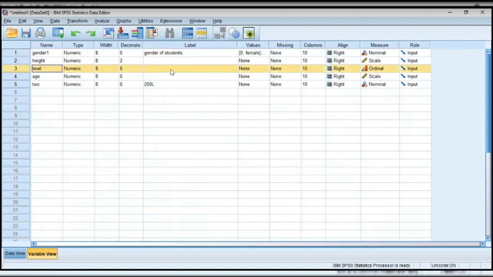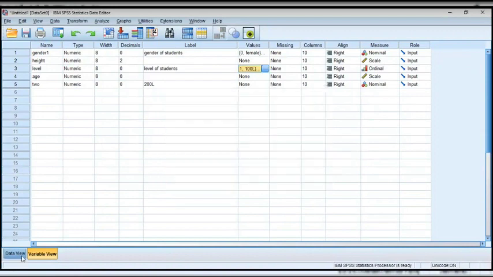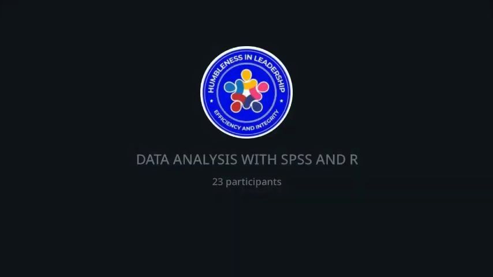Level. Let me label this. Let me try to recode the variable.